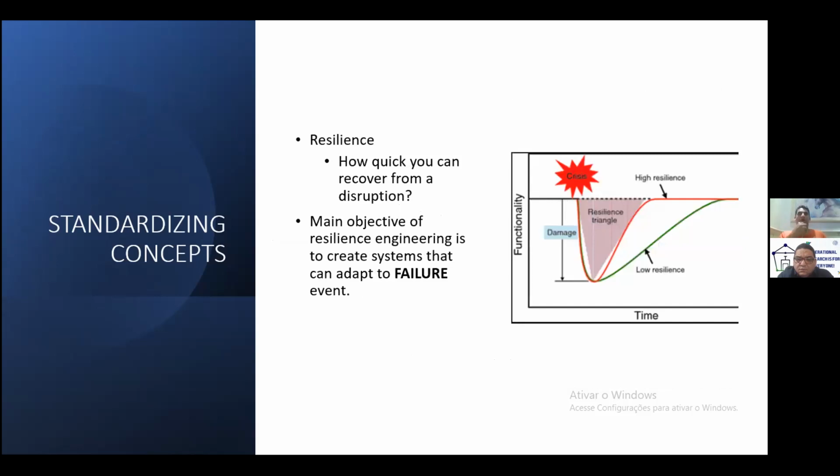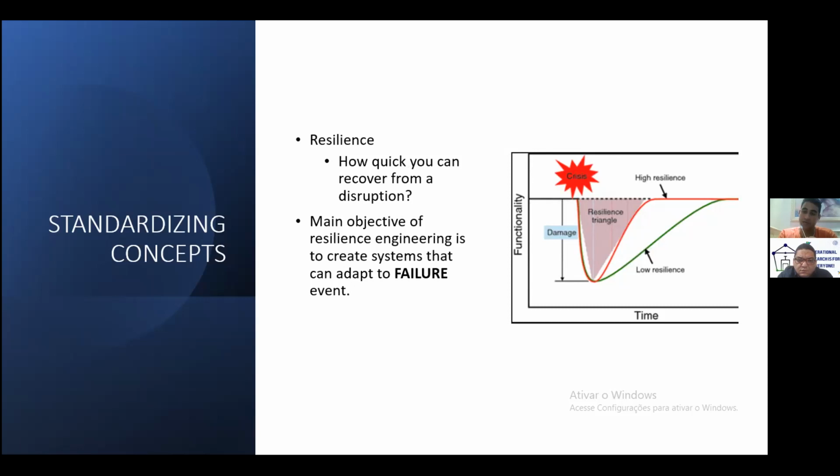So FRAM also states the concept of resilience, and we need to standardize this concept to understand it better. What is resilience? Resilience is how quickly you can recover from a disruption. If we look at this image, we can see functionality on the y-axis, and then the x-axis, which is time.